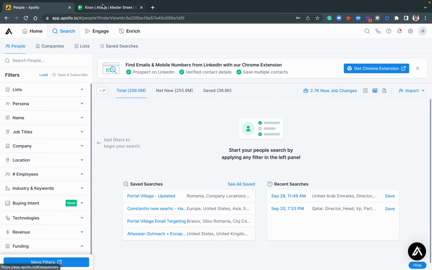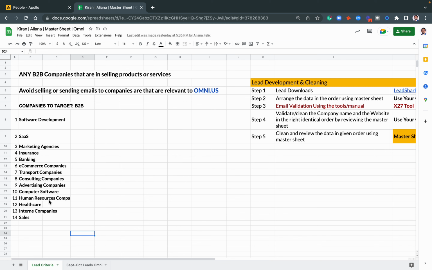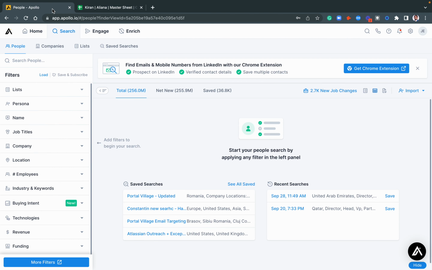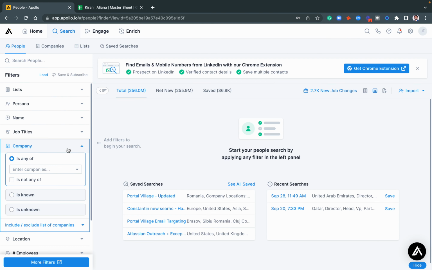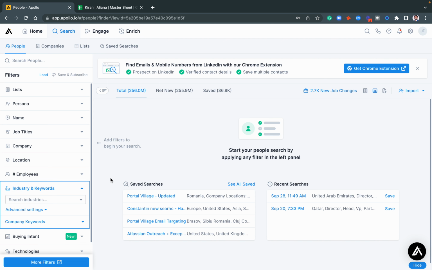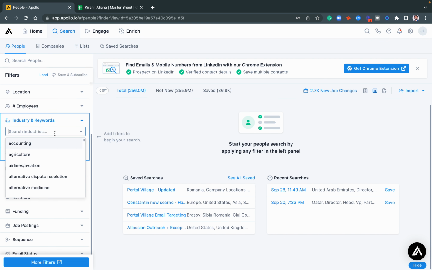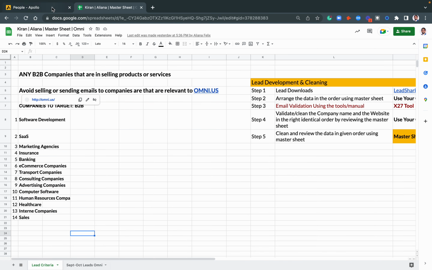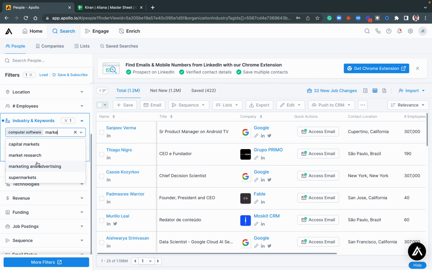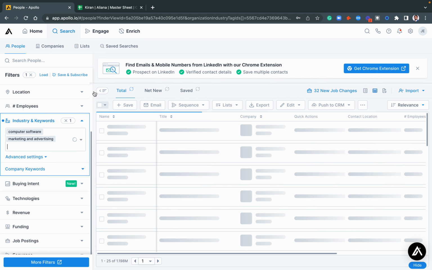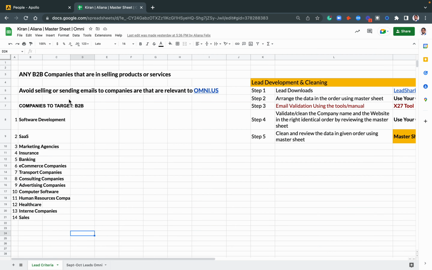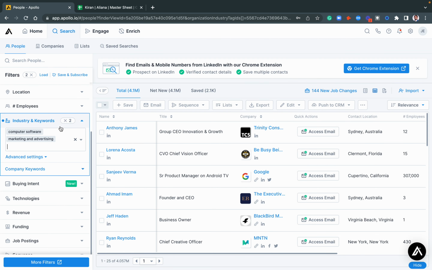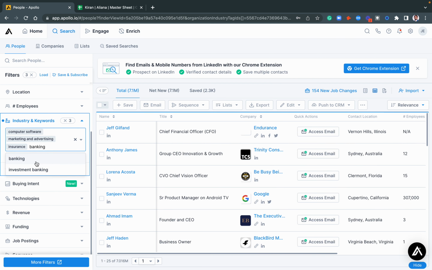So what we need to do here, we already have the list of criteria we can outreach: software development, SaaS, marketing. So these fall under the company names or the industry keywords. Let's say the industry we are reaching out to right now is software, right? Computer software is one. There are marketing agencies, marketing and advertising, right? Similar keywords you can pick up. And then there is insurance, banking. Let's say insurance, perfect. Banking,